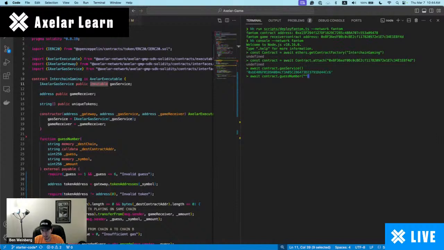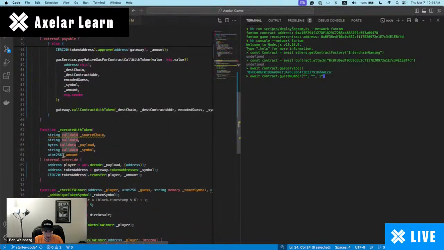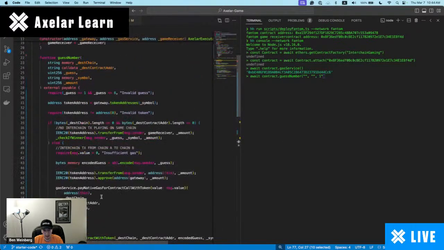So the destination chain, because we're playing just from Phantom, we don't need a destination chain because we have the receiver already deployed on Phantom. So we're going to set the destination chain to empty and the destination contract address to empty. Let's set a guess of 1. We have the dice result to 5. So 1 will lose. If we do 1, we want to lose right now. We just want to build up some funds in this contract. So we set the guess to 1. We set the symbol of the token that we're sending to AUSDC, and the amount, let's set to 2 million, which is just 2. It's 6 decimal points for AUSDC. And if we call this,